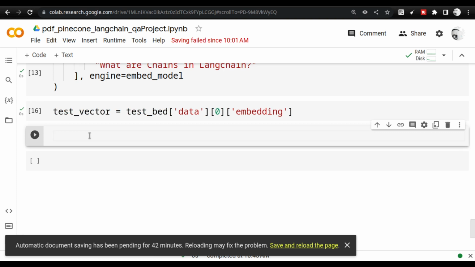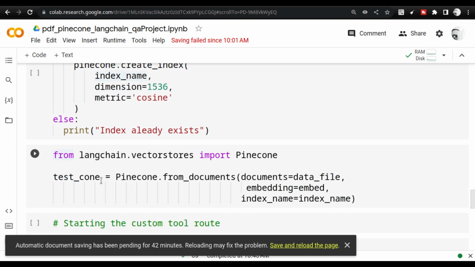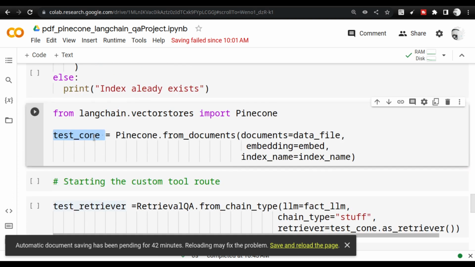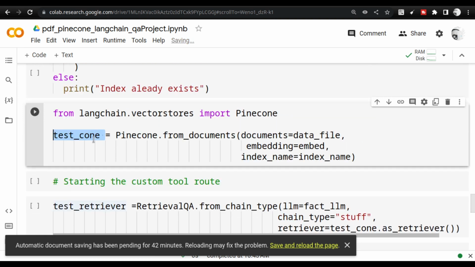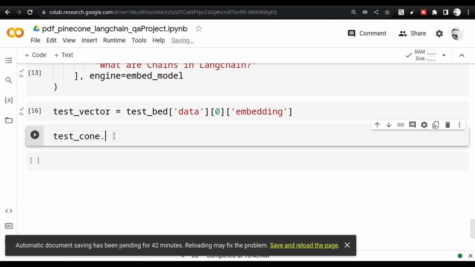Next, I know that I already have this particular object. So I can use this object and do a similarity search. That is one way. Let me show that to you also, that we can do it in two ways. If I use this and if I use similarity search, you'll see that you will set the similarity search. So if I use the similarity search and if I directly give